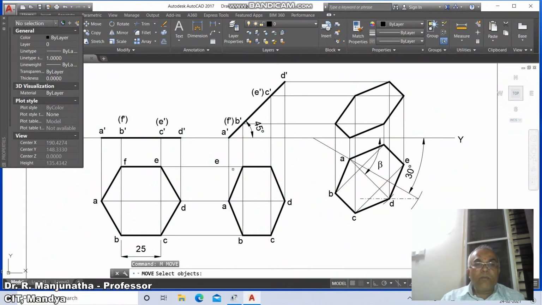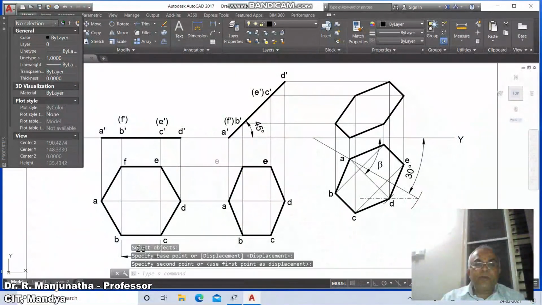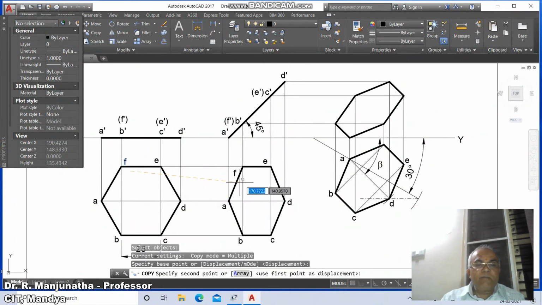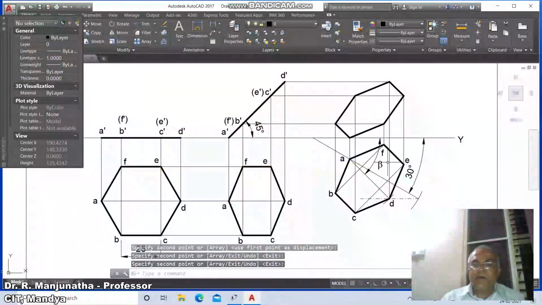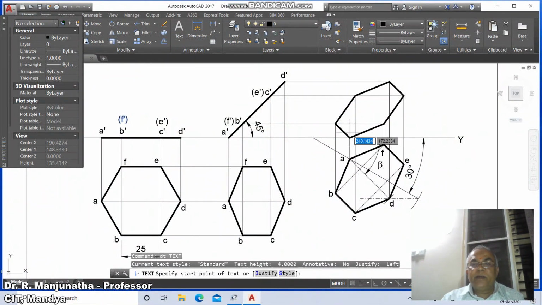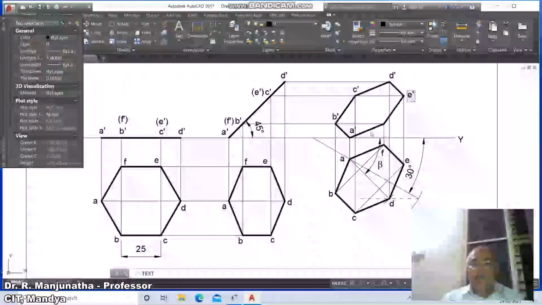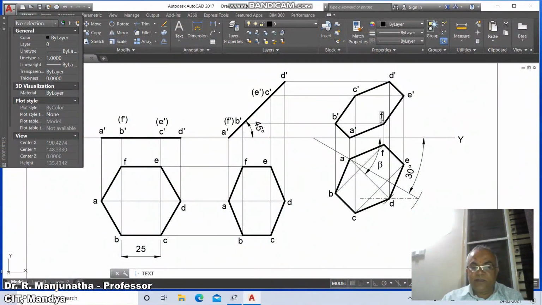And go to move this here. Similarly copy, select this F, take this F and here it is F. Then go to D text. So here you type this as A dash, this as B dash, this as C dash, this as D dash, and this as E dash, and this as F dash.